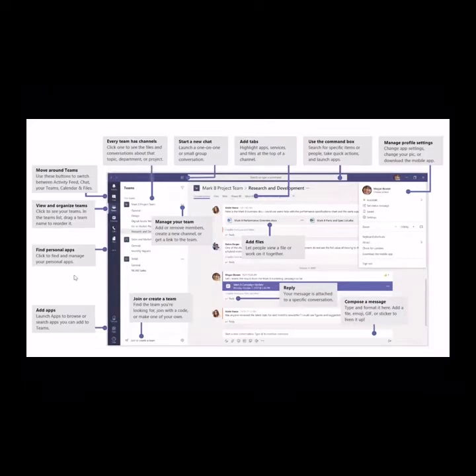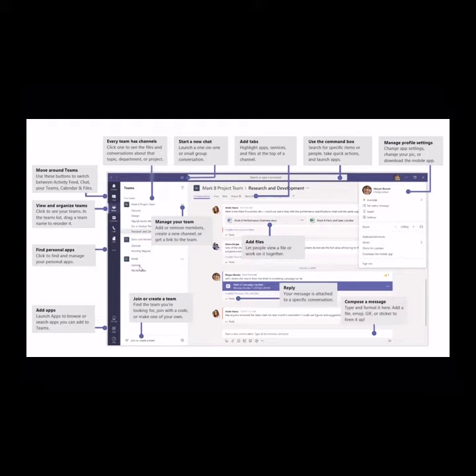So when you first log into Microsoft Teams, this is the sort of interface that you're presented with. This is the view of the desktop client. Some of the key concepts here. First of all, the Teams list, which is down the left-hand side of the screen here. The team is the high-level security container within Microsoft Teams.